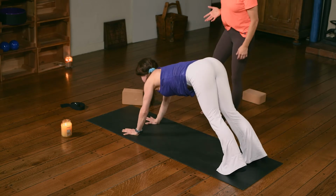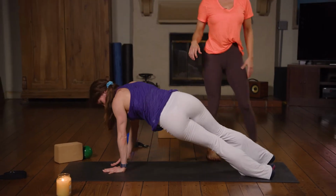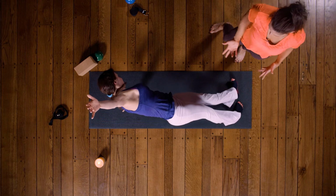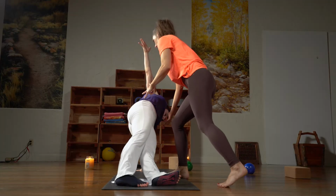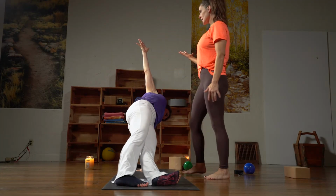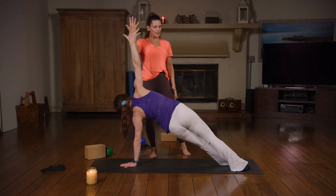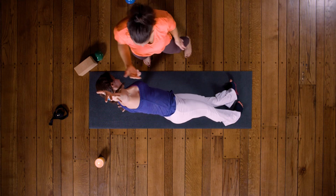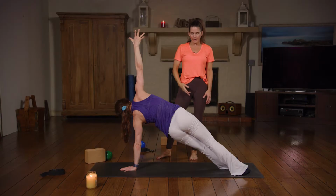Left wrist is coming under the shoulder. We're going to stagger that bottom foot in front of the top. So first find your stagger and get your hips nice and square. Yeah, there's electricity running through the fingertips already. So no lazy arms, right? We're bringing it. We're bringing all the energy that we have into the whole body, and then go ahead and